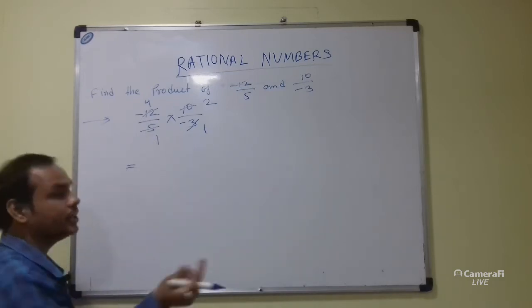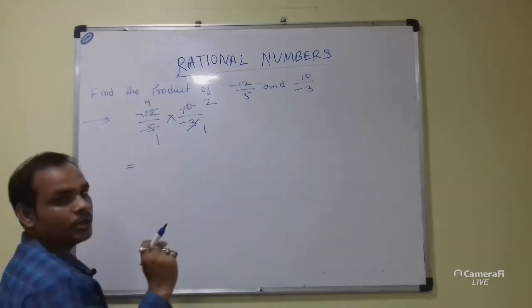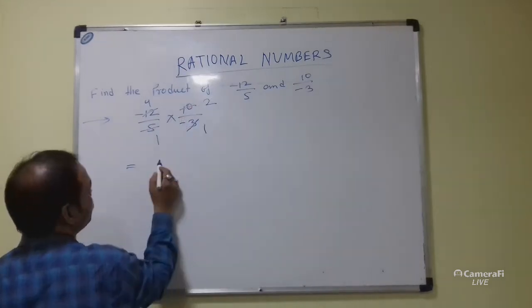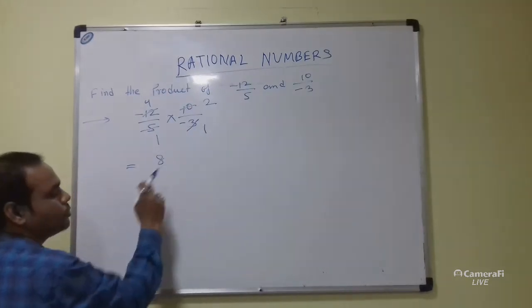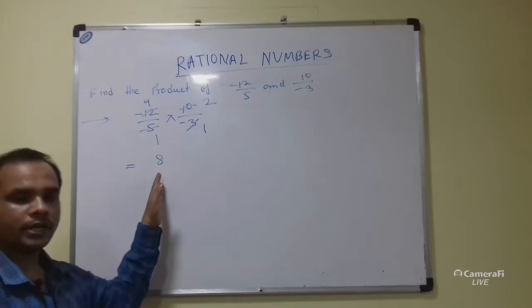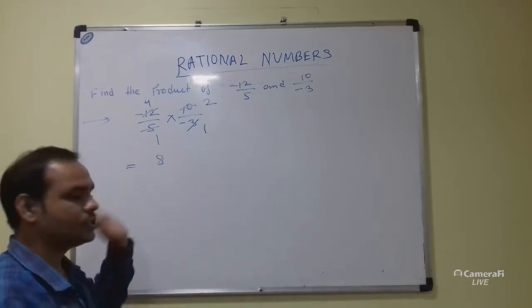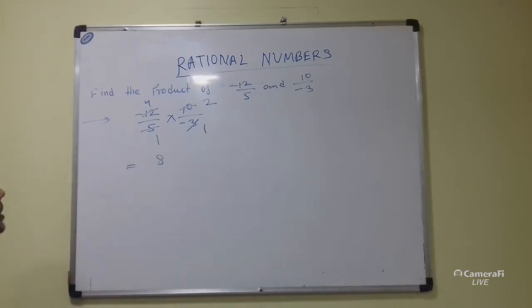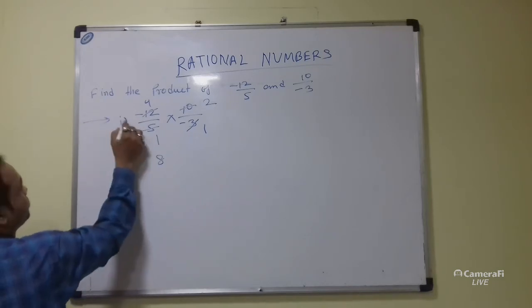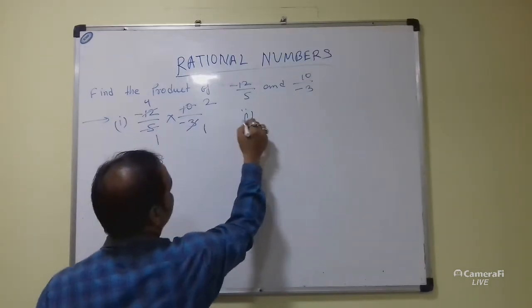Now we have to multiply the numerators. So 4 and 2 are the numerators now. 4 multiplied by 2 is 8 and the denominator is 1 multiplied by 1, which is 1. So students need not write 1 as the denominator. So 8 is the correct answer. Okay. Now I am going to show you another one.